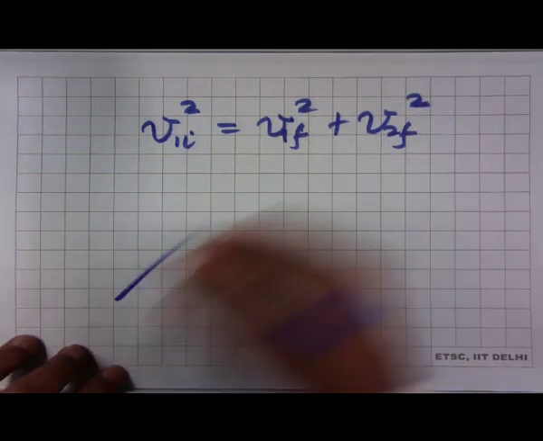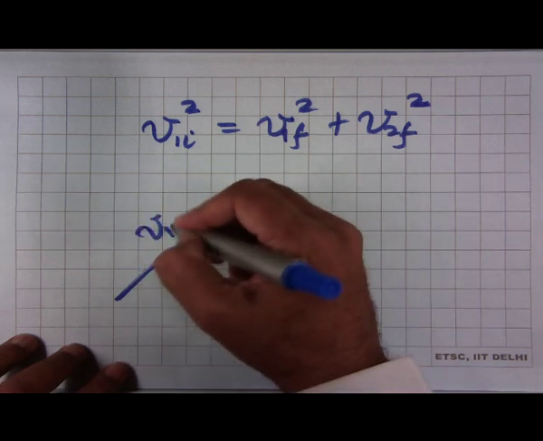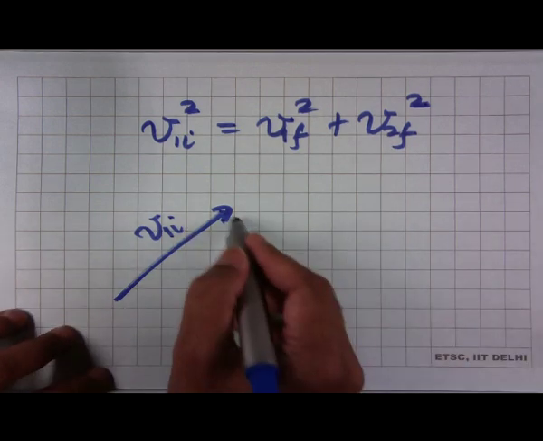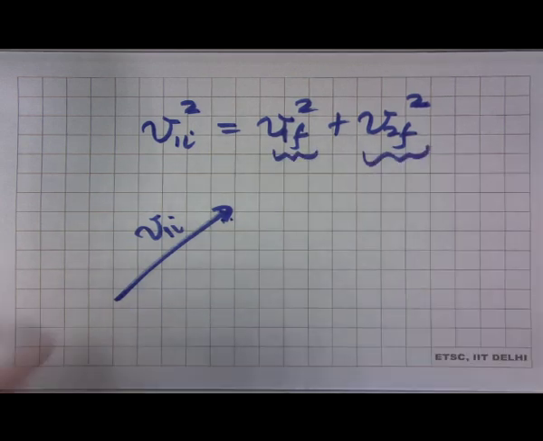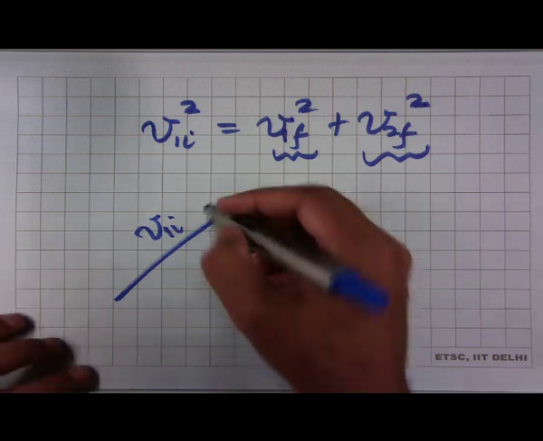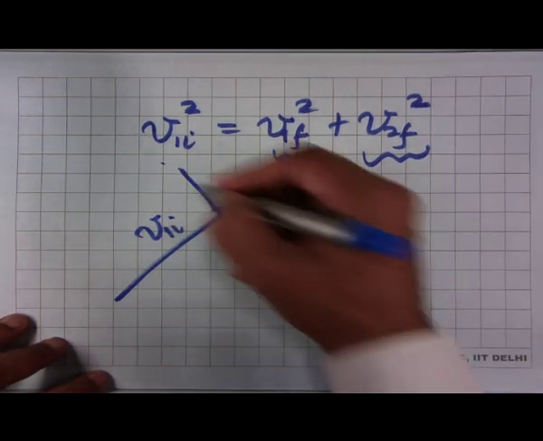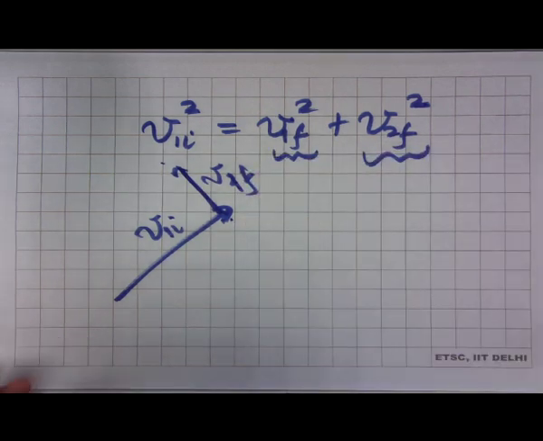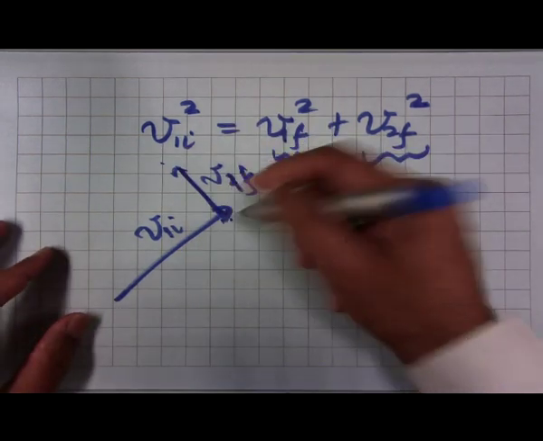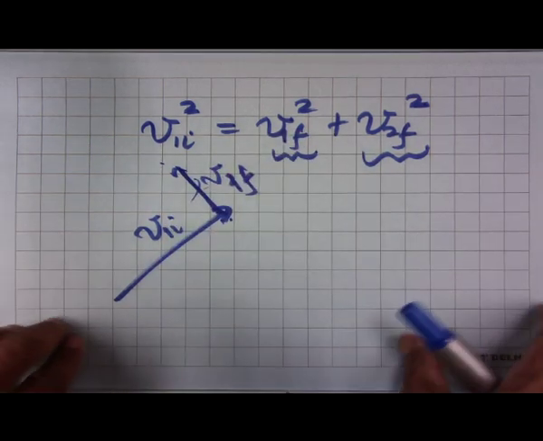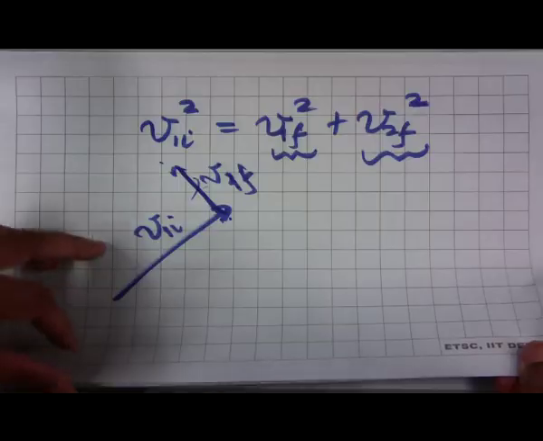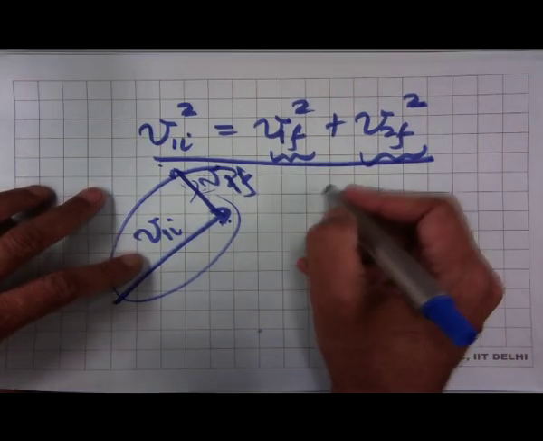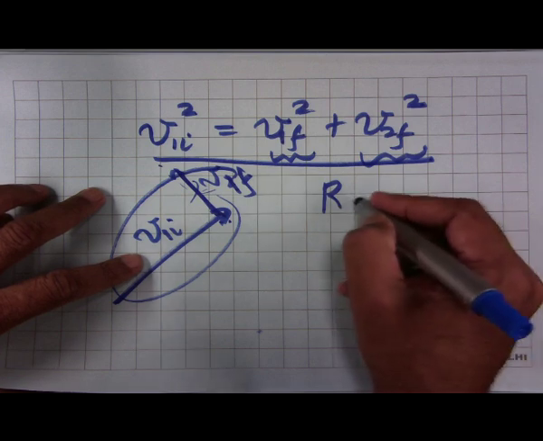So, for example, in this case this was v1i, then v1i squared is equal to, so now after the collision, if v1f and v2f are the two velocities of the two bodies, that means suppose ball 1 is going like this, this is v1f. Then what we know is, because actually this would be a wrong way, let me draw it again, because that will definitely not work, because v1i squared is equal to v1f squared plus v2f squared, that means these three form a